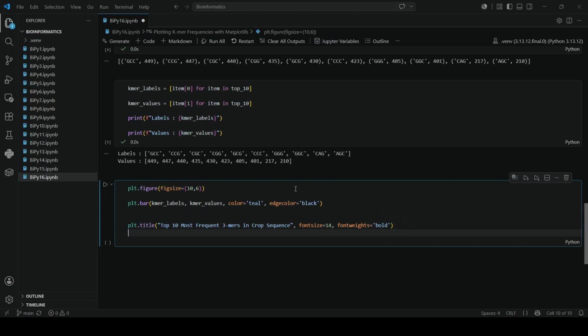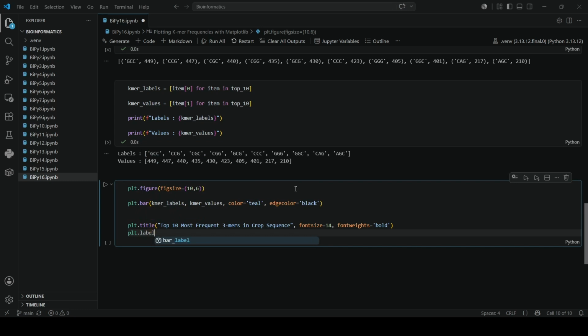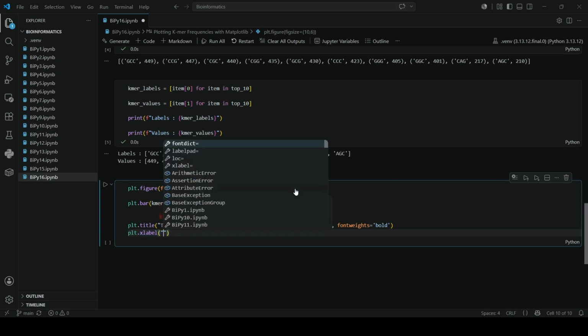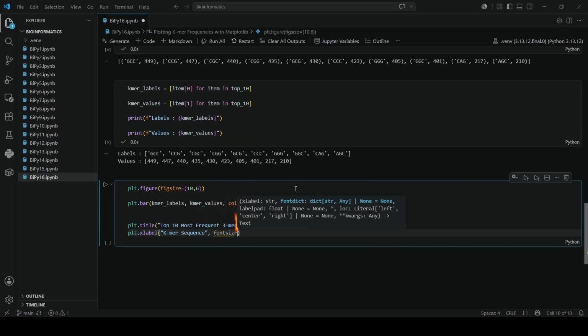After that, we will use the label names, plt dot label. That should be x label, right? And for x, we will assign K-mer sequence. Let's say font size is equal to 12,